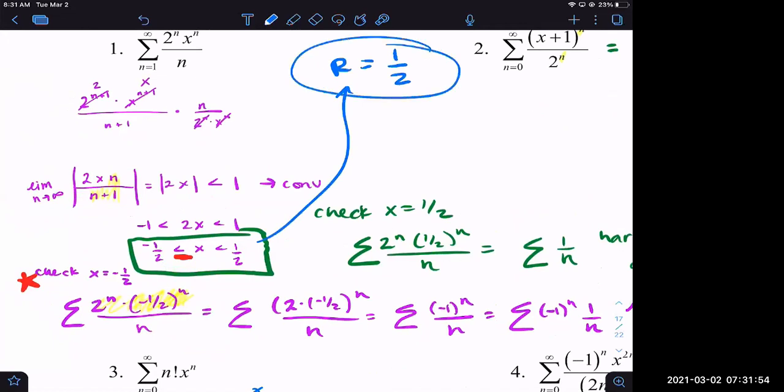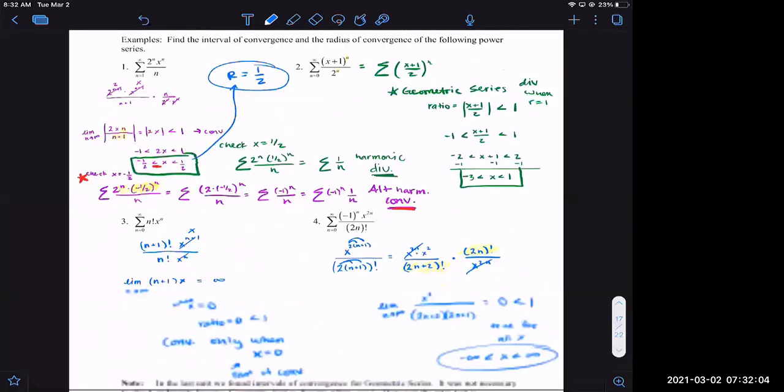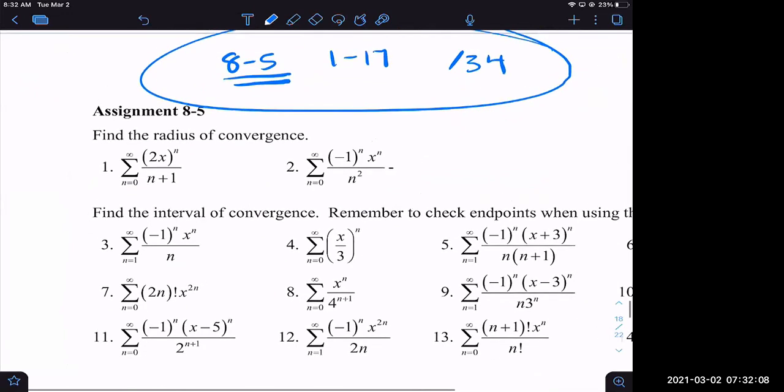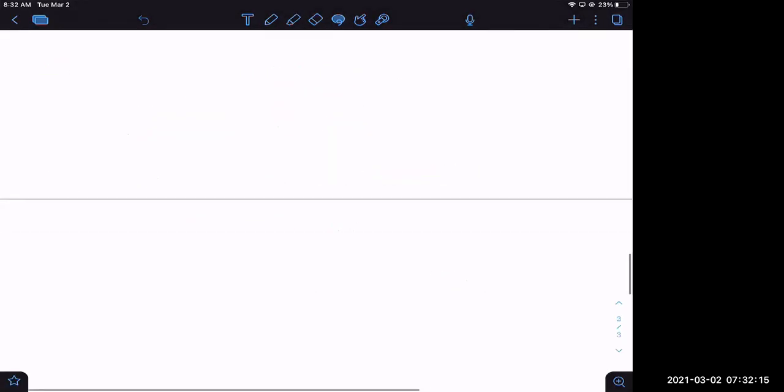When you state a radius of convergence, they don't make us check the endpoints. You just say it's going to converge for a half in each direction. An interval of convergence, you have to check the endpoints. Okay, so let's just do number 1 really quick. They want us to find the radius of convergence. The process is the same, so we're going to start the same way